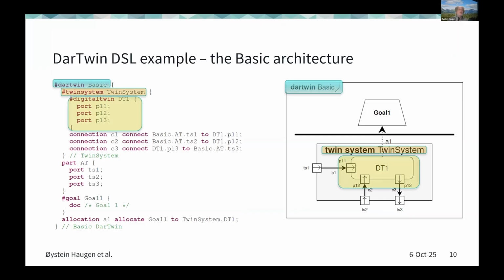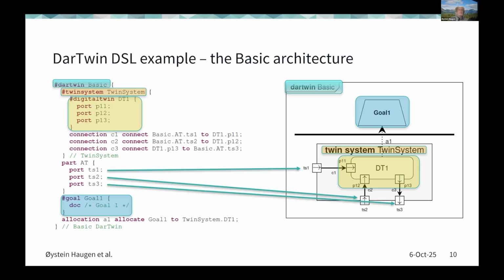And the actual twin is also represented in this, as well as the goals. You can see also how the actual twin is represented, basically only represented by the ports of the twin system. So this is not very much of an evolution in itself; it represents a way of looking at any digital